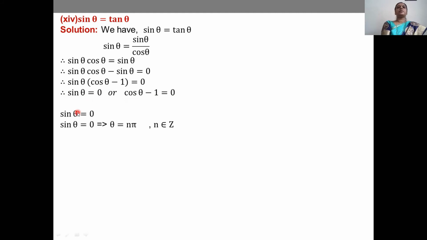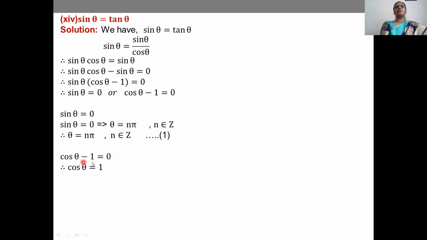Here we have got two equations, therefore find their general solution separately. Now take the first equation, sin theta is equal to 0. If the equation is of the type sin theta is equal to 0, then this implies that the general solution will be theta is equal to n pi, n belongs to z. You go to your remark first. In that remark, all the formulae of this type are collected. If sin theta is 0, then general solution is theta is equal to n pi. Therefore, theta is equal to n pi, n belongs to z is the general solution of sin theta is equal to 0.